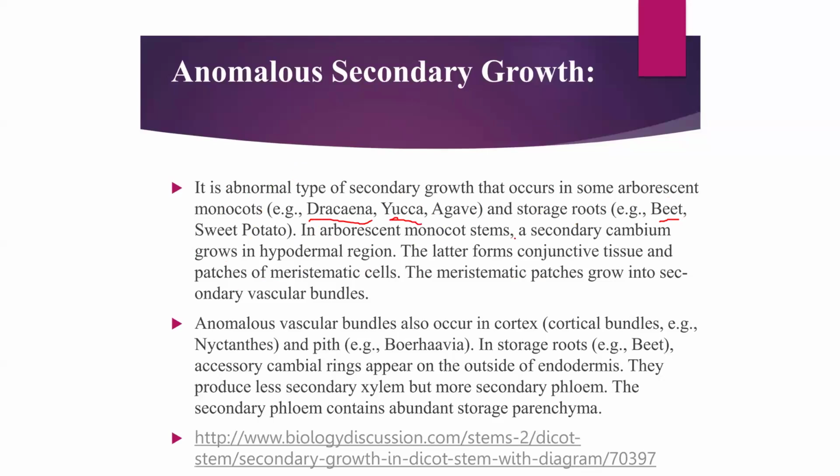So in arborescent monocot stems, the secondary cambium grows in the hypodermal region, and later forms the conjunctive tissue and patches of meristematic cells. So these meristematic patches grow into secondary vascular bundles. So here they produce the secondary growth and conjunctive tissue. So we will discuss this again in the next topic. So anomalous vascular bundles also occur in the cortex, that is called the cortical bundles. So the cells which are present in the cortex region become active and are involved in the production of this secondary tissue. So it is called as